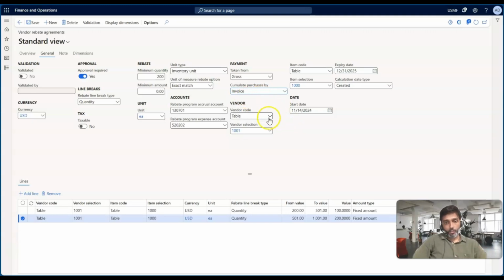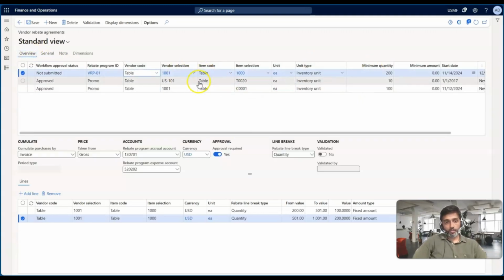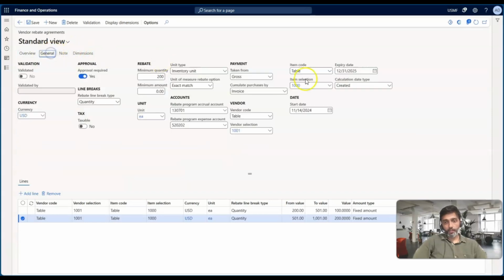So let it be invoice, then the vendor account and the vendor selection. This we have also seen on the previous page itself in the overview section. So this is the similar one which is shown over here. And then item code, item selection, start date, expiry date. And this is something which is very important, calculation date type, which can be created or requested delivery, which actually